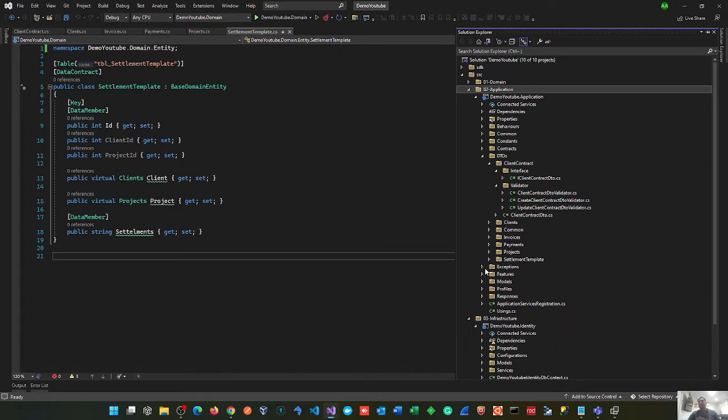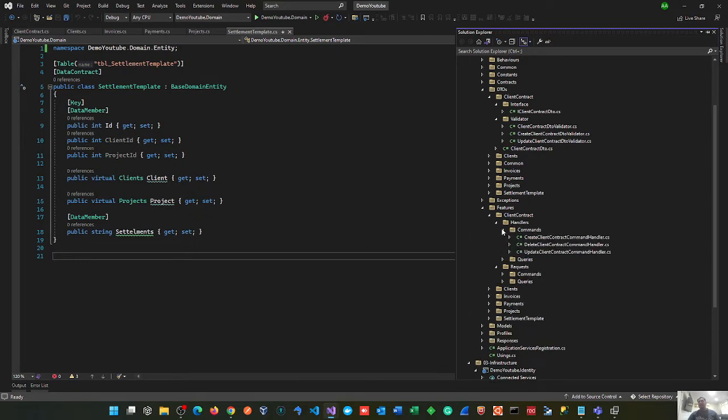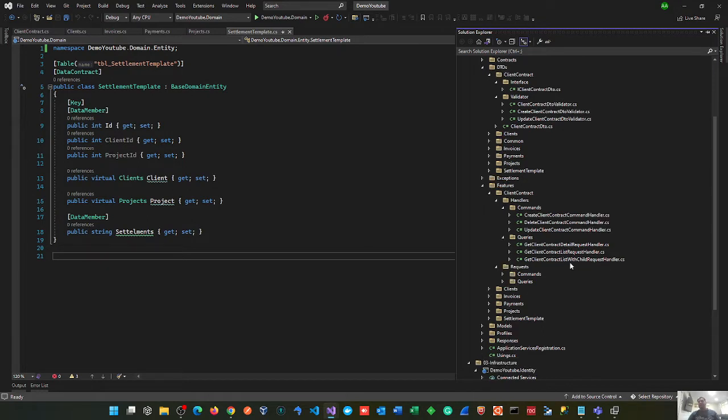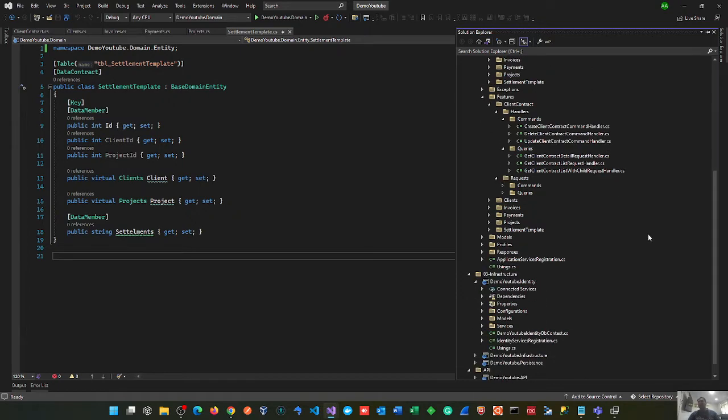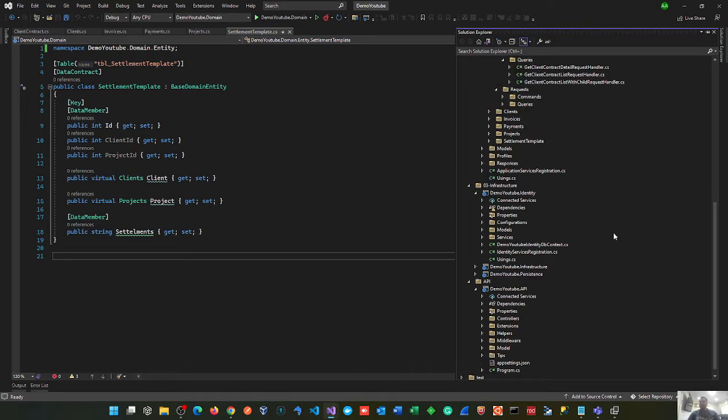Not only that, if you go into your features, you can see you have CQRS, like command. This is your commands, this is your queries. This wizard has basically created your create, update, delete, and in the same way get one, get all with child entities if you have any. So now after generating that, what we have to do is go into our API, just right